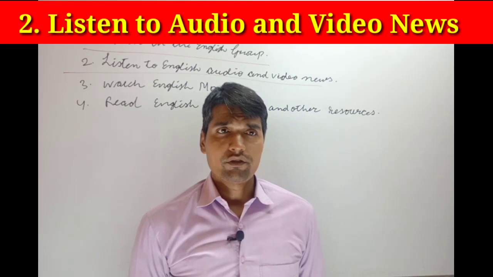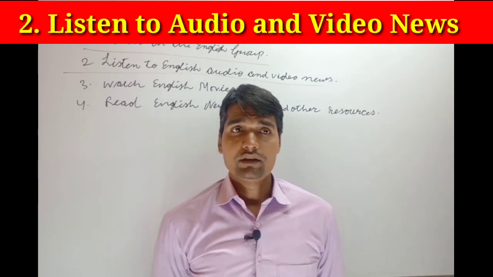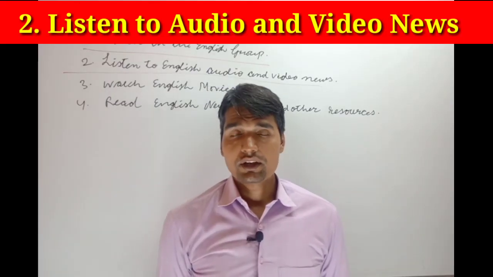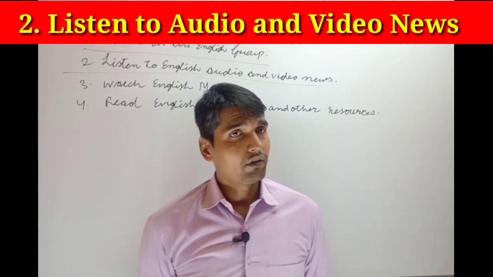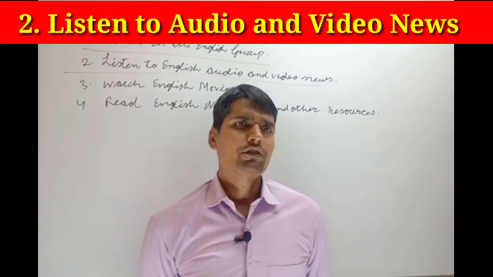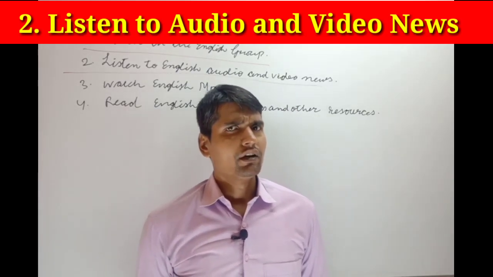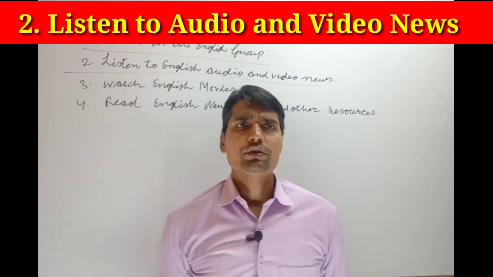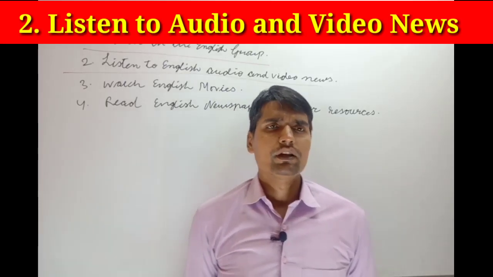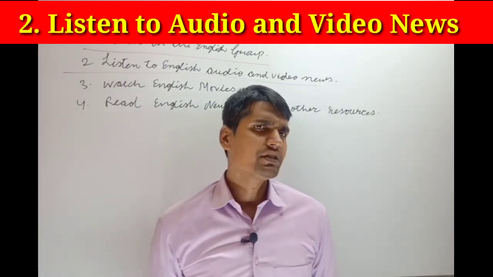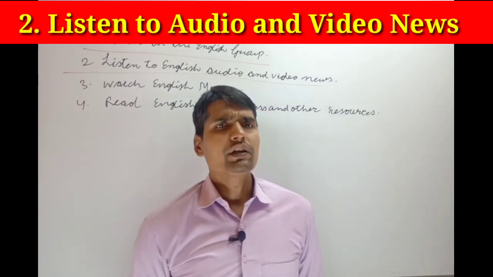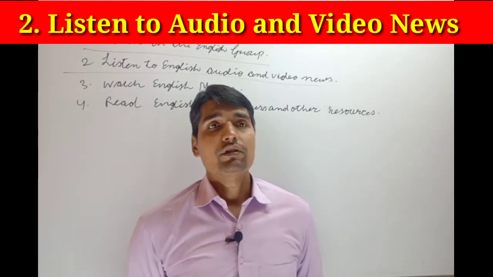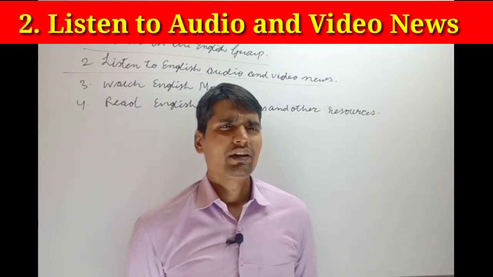Whenever any English-speaking friend is near him, or they have any neighbor who knows English and who has power or command over English, such immediate neighbors learn English because they have the aspiration to learn it and to use it for their job purpose. So such immediate neighbors leave an influence on the person, and with great zeal, such a person also wants to learn English. But it is only limited.